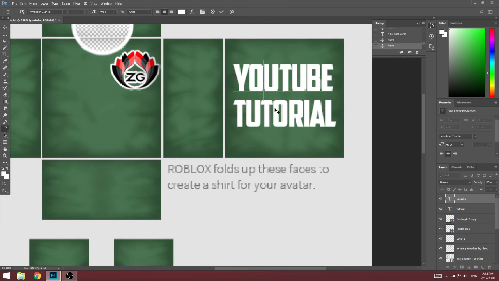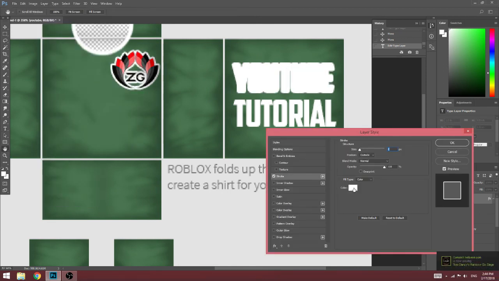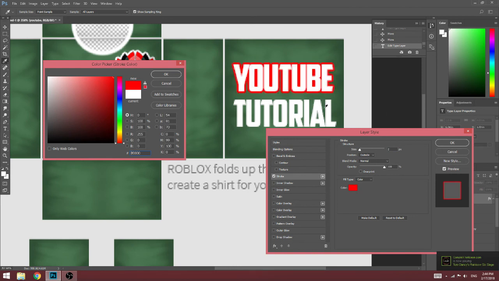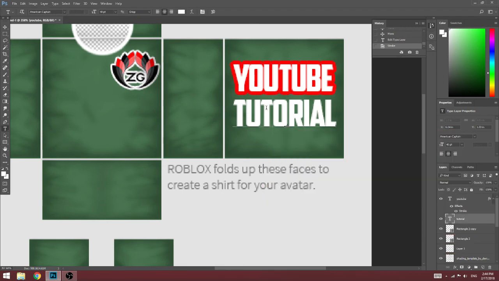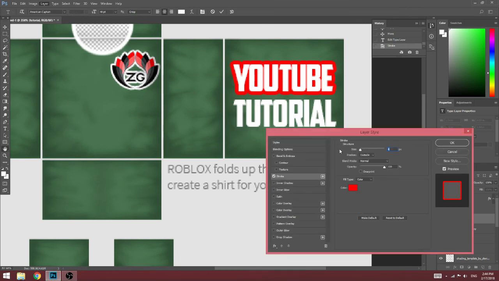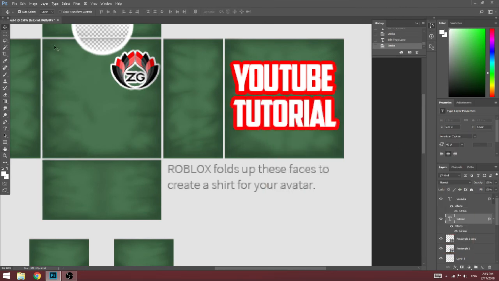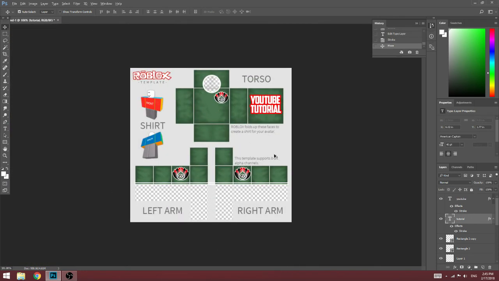Red, and should I have a red stroke around this? Let's just see how a red stroke is gonna work. You guys want to test this stuff out before you do it, because look, red stroke looks beautiful on that. Now if we bring this up to like 4, yeah, it's perfect. Layer style stroke, and then it's perfect already. You want to just move this up a tiny bit so it comes together, and your merch is finally